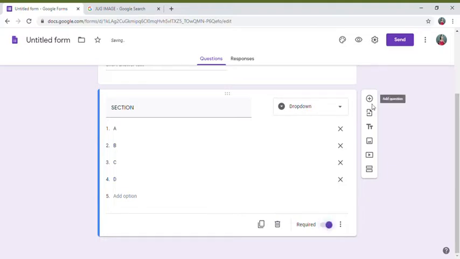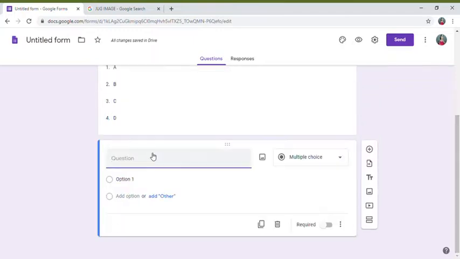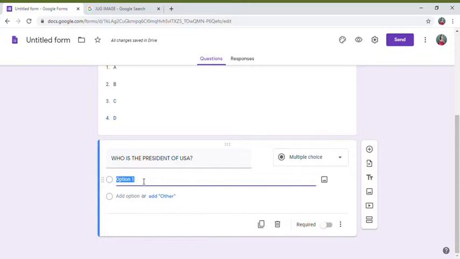Now, making an MCQ question. Add a question, write down your question, click on multiple choice, and add in your options.